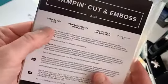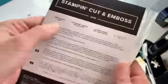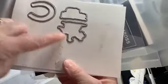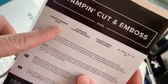And so the dies that coordinate for the 10% savings with the Ride the Range stamp set are the Open Range dies. So you saw all those dies over there. Most of them I'll be using, but then got the horseshoe and the bales and the horse that I'm not using today. And then that extra little piece here that's going to be used for the sentiment is actually the Ornate Frames dies. And the Ornate Frames dies comes from the annual